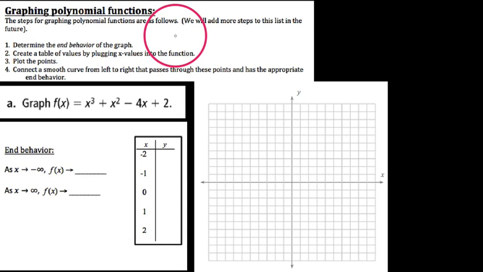Okay, YouTube, in this video we're going to focus on graphing a polynomial function, and I just want you to know this is kind of a rudimentary approach to graphing these. We're going to add more steps into our process as we learn more and more about these functions, but for now I want you to know that basically when you graph a polynomial function we could break it down to